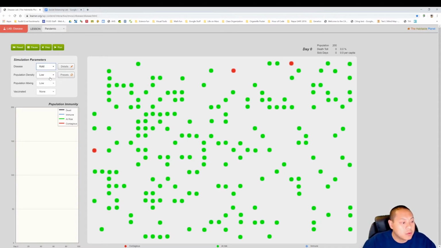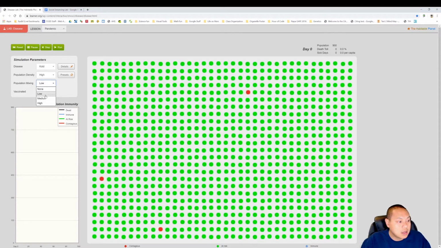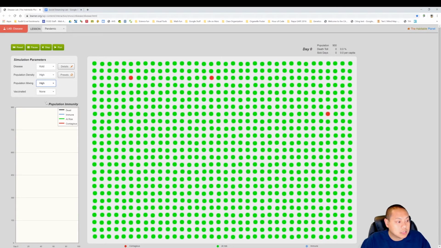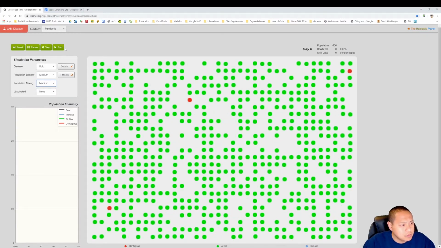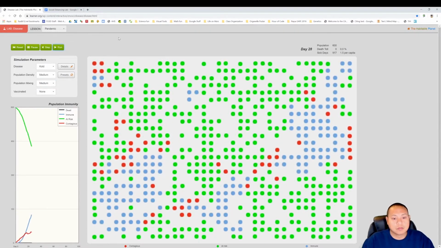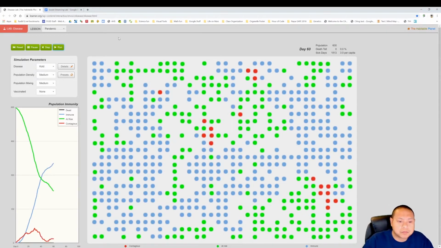If we want to reverse those settings, or say we have a city or a metropolis, we just switch the population density to high, and then the population mixing to high. That would be the max amount of people congregating and interactively moving around. And then we're not going to have any vaccinations. We're just going to let this run and see what happens. So I'm going to switch it actually to medium. I don't want to give you any results right now. You're going to let that run for the 100 days,